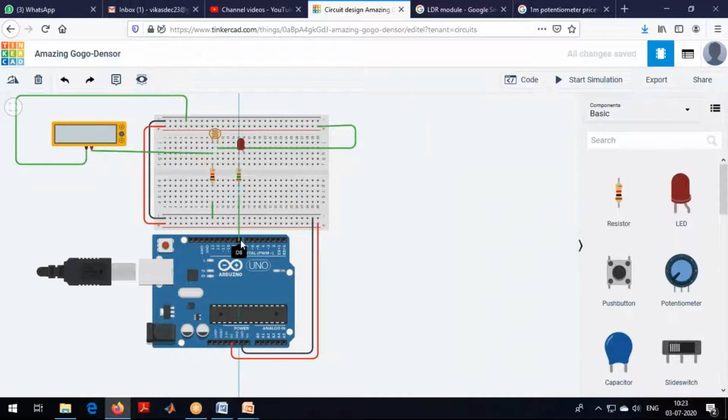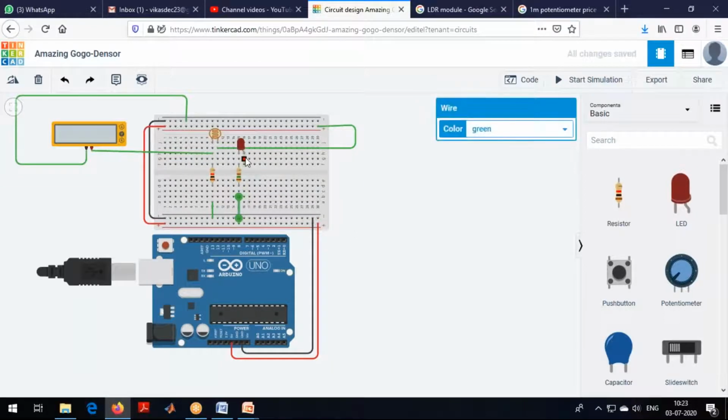I'll try connecting it to the 8th pin, sorry, this one has to be connected to ground, and for this pin I'll take the 4th pin. Red, black.